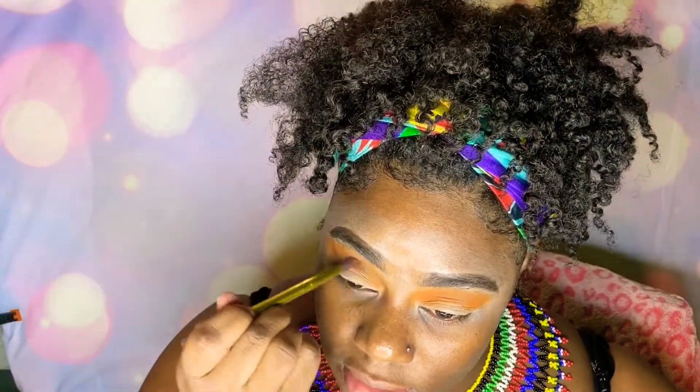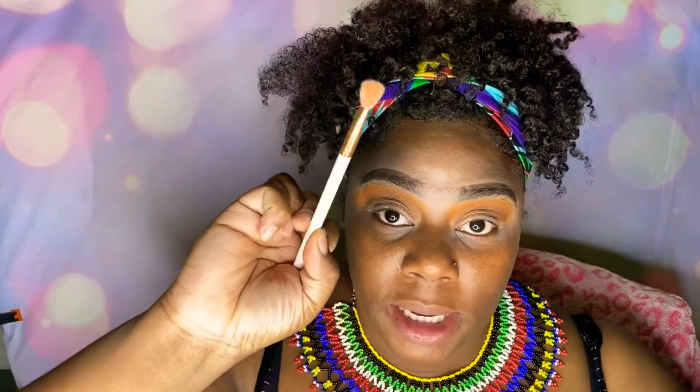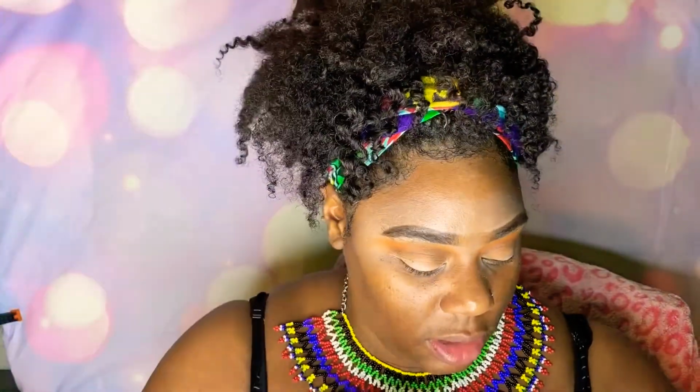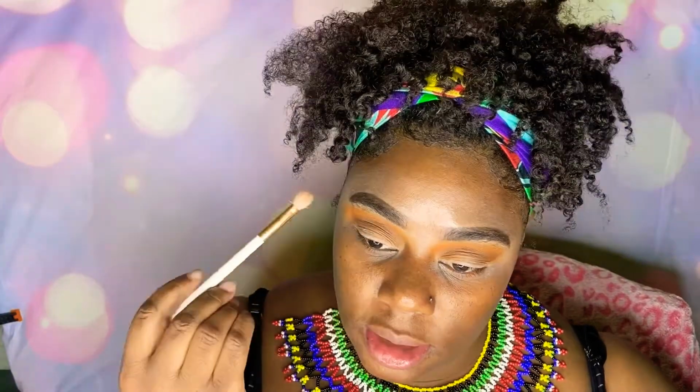The brush that I'm using is the brush that came in the Urban Decay palette. I like this brush because it places the color exactly where I want it. So when I get done with that brown, I'm gonna take my Kylie Jenner brush, clean it off really quick, and take a little bit of that brown, pop that in the crease, and blend that and